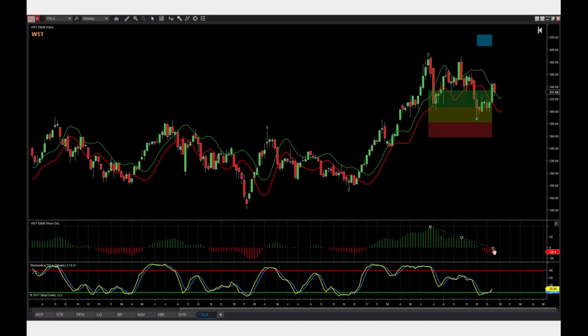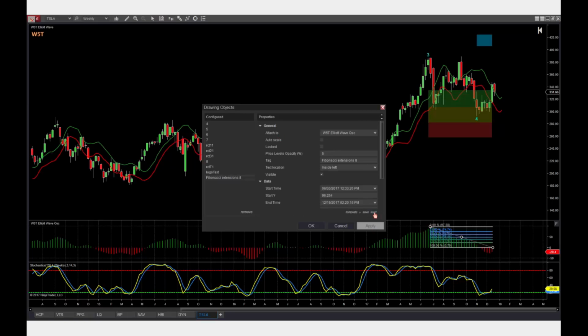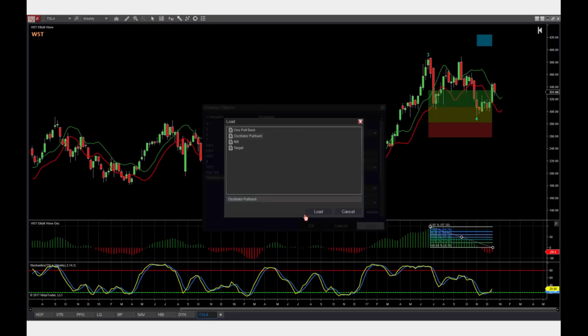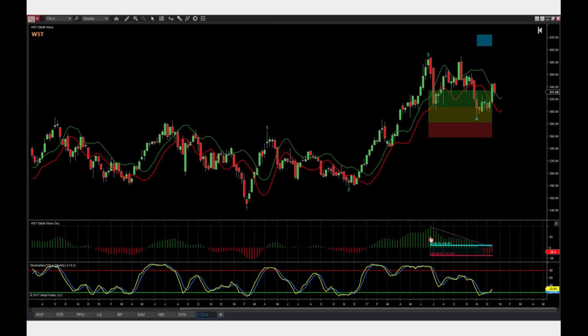So highest point on the wave 3, 0 line, back up there. And again, it's the stochastic. So it's building the picture all together. And the 4-hour boot camp helps you do that. Let me just put that template oscillator pullback. Okay, as you can see on the